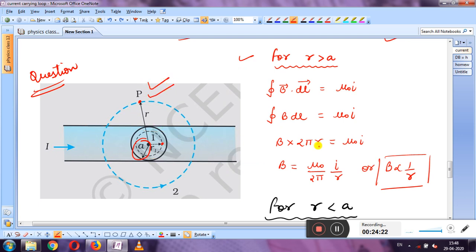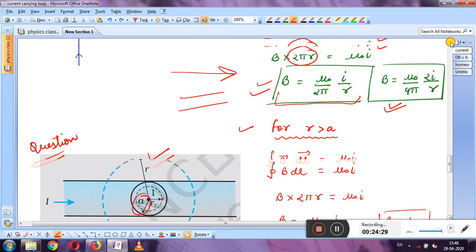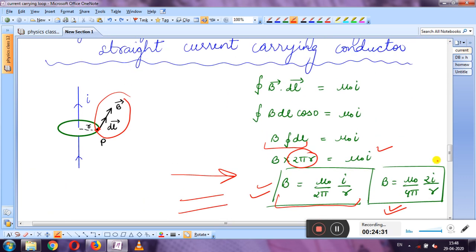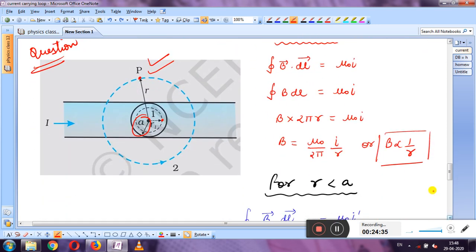So what we have to do for this, we will follow the same process which we followed just before this, which we were studying. So this is for the same, that magnetic field outside a straight current carrying conductor. So the same result will come, mu naught upon 2 pi, I upon R. We just want to show that outside the conductor, you can see the relationship between B and R is that they are inversely proportional to each other.